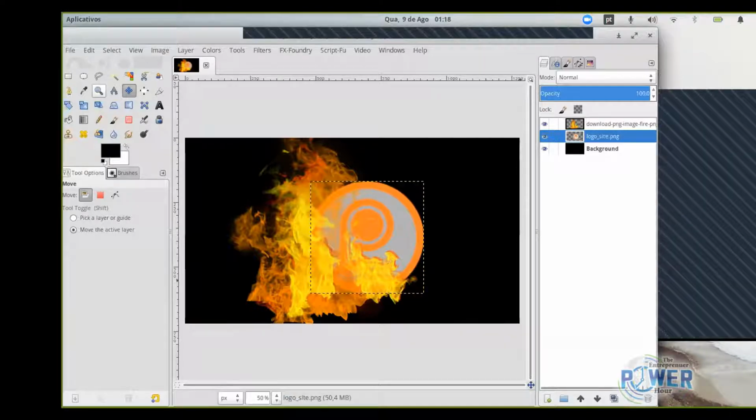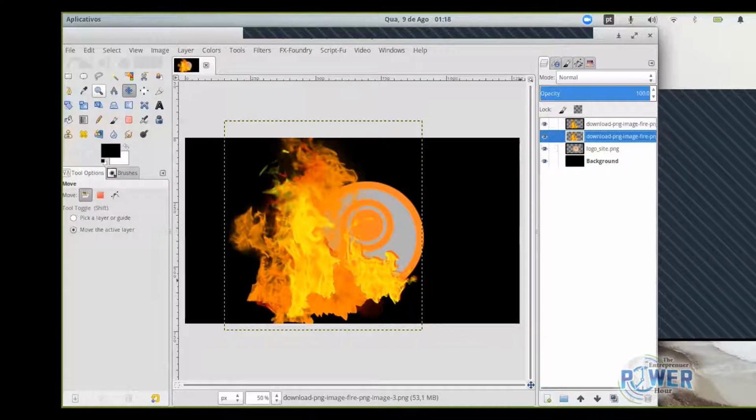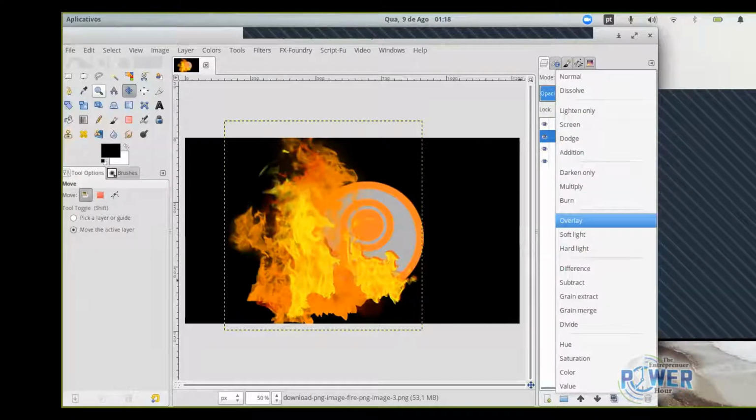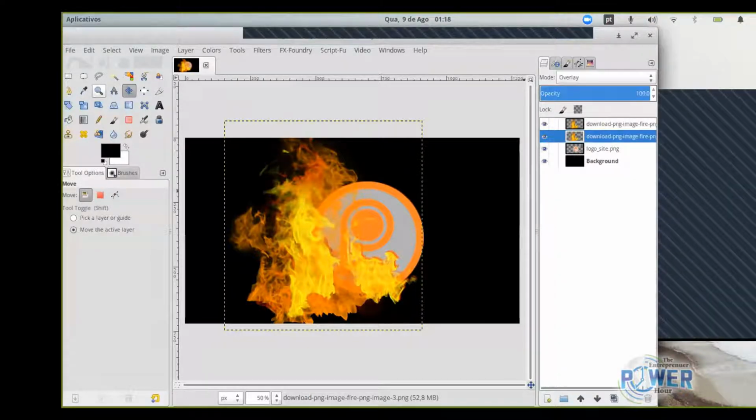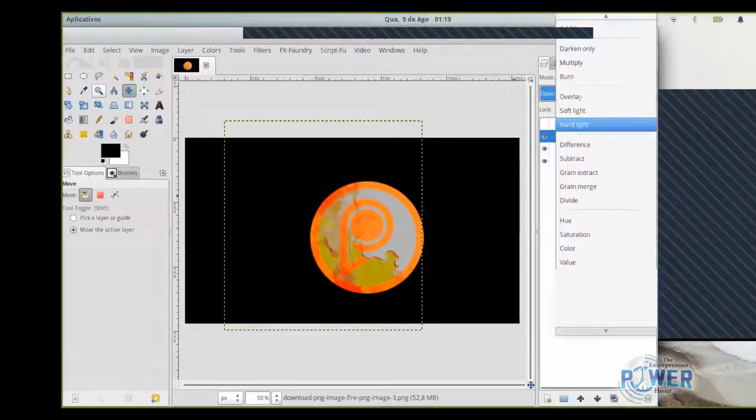I have it, but I can do a little bit more. I can do a little bit better. How can I do this? For example, I'm going to duplicate this fire using this resource here. I'm going to change the bottom copy of the fire to overlay. Okay, so I have it overlaid over the logo, but I can do, for example, burn effects or hard light